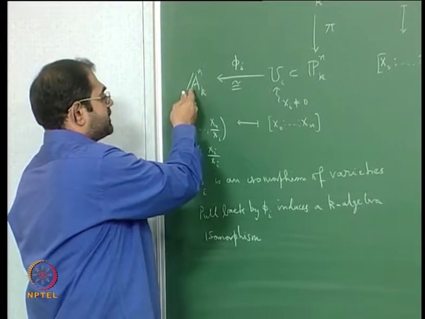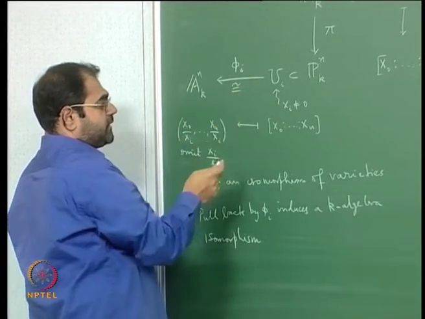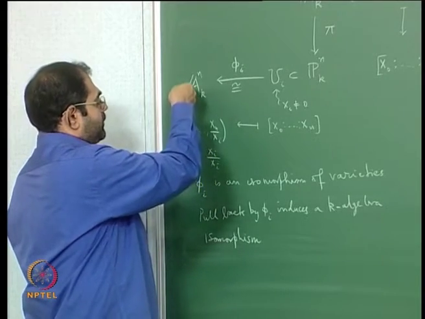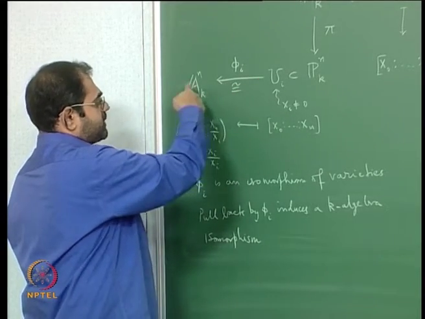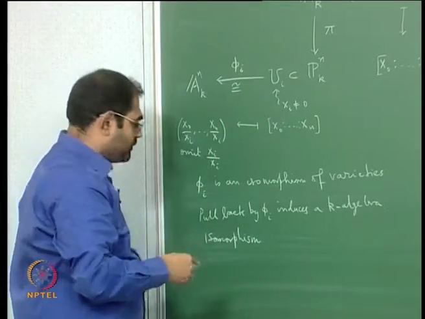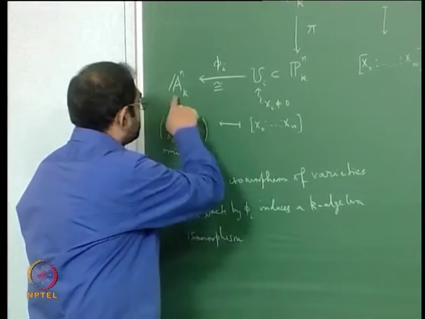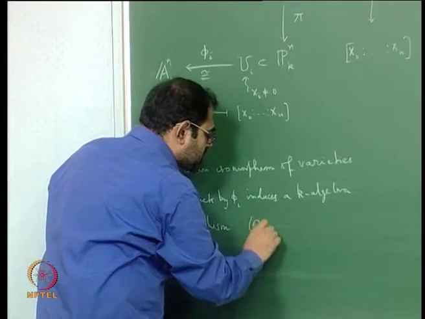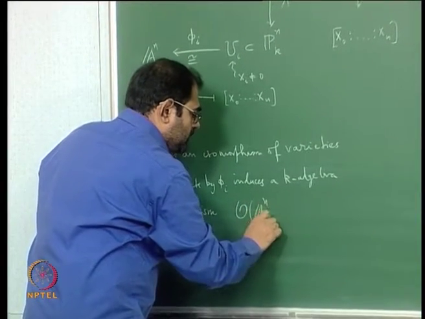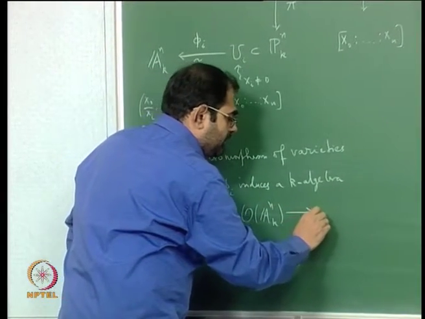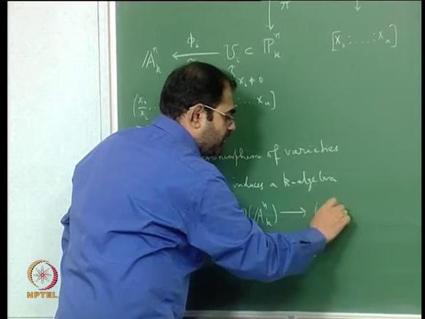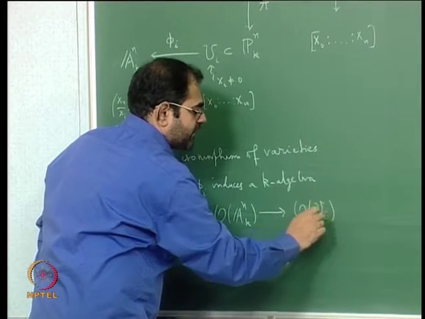So given a regular function here you pull it back to a regular function here. Pulling back means given a function here you compose it with this to get a function here. So you get a K algebra isomorphism from the regular functions on affine n-space to the regular functions on Ui,